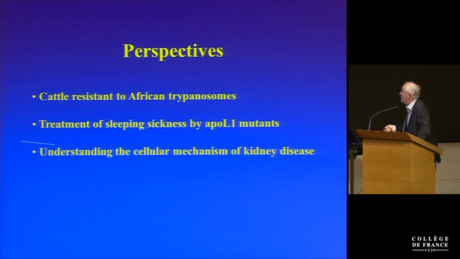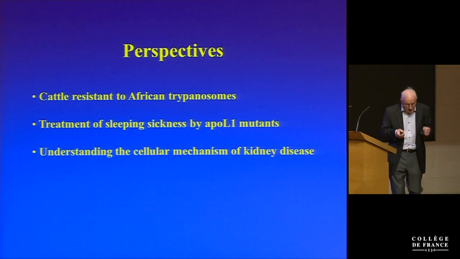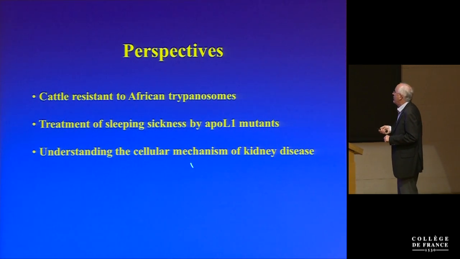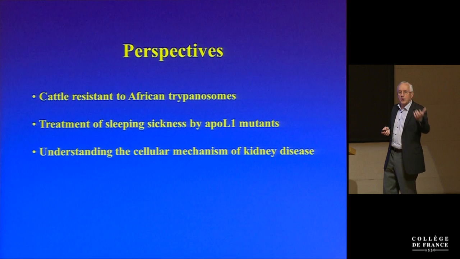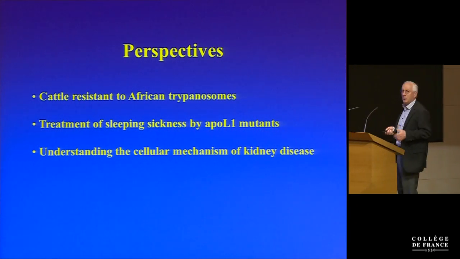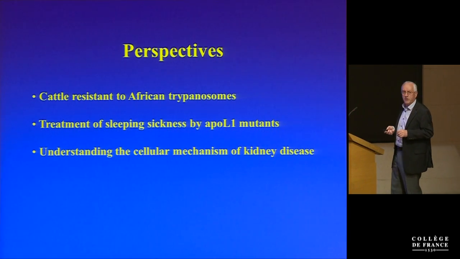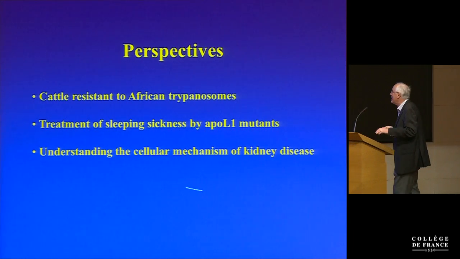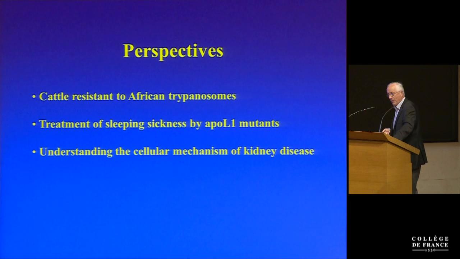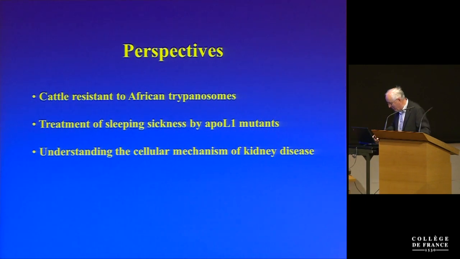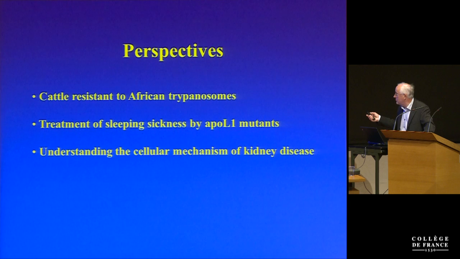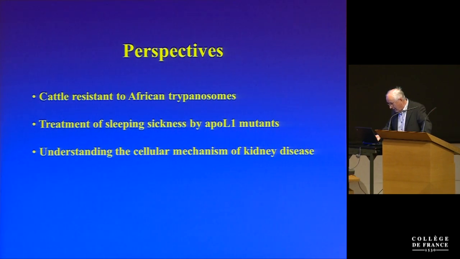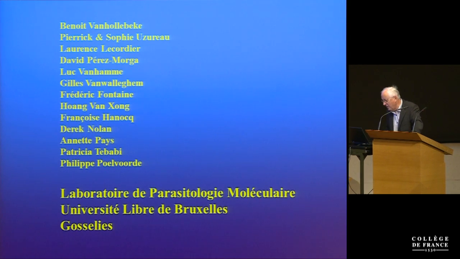And last but not least, and we are actively working on that, the fact that ApoL1 mutants are involved in kidney disease opens ways to try to understand the mechanism of kidney insufficiency. And believe me, we have found very interesting, unexpected things regarding this, but maybe next time we will be able to present this. This is, of course, related to the natural functions of ApoLs in the podocyte and kidney physiology.